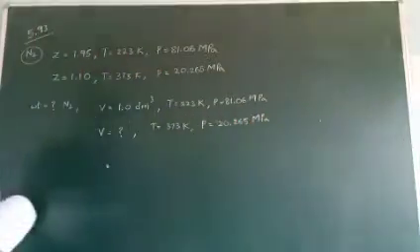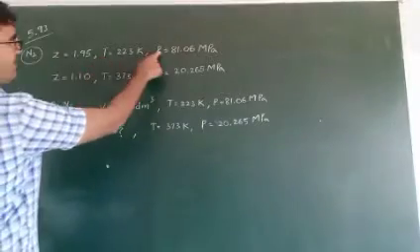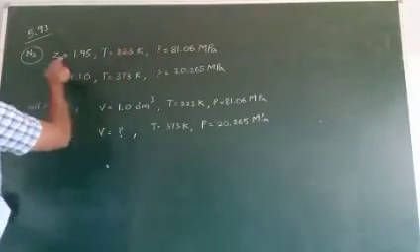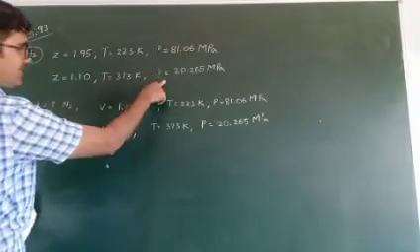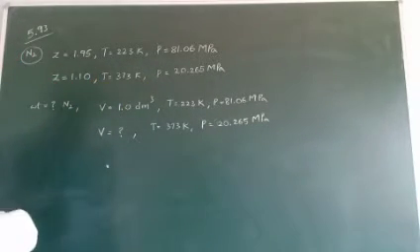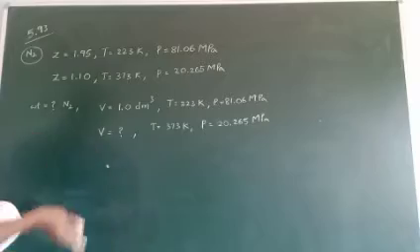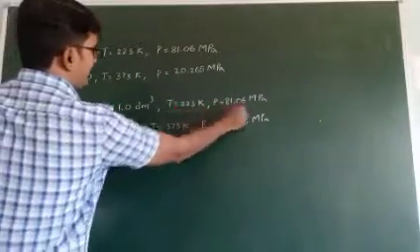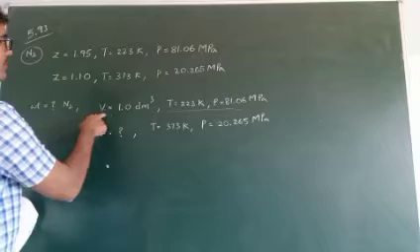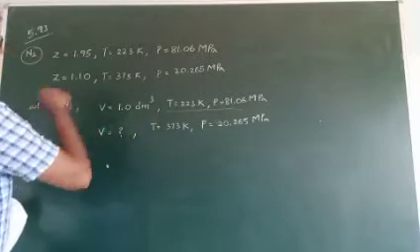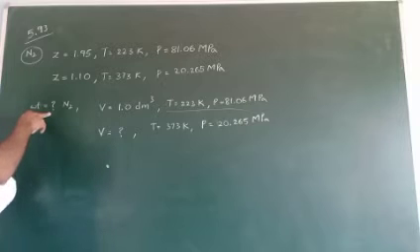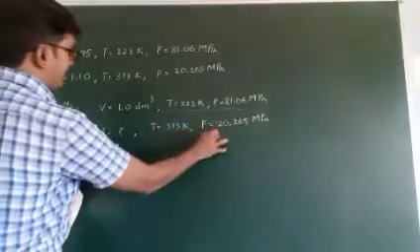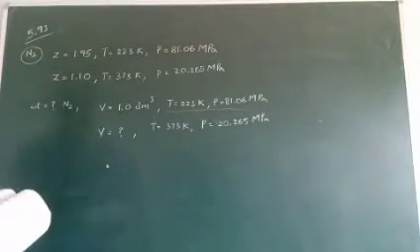This is very interesting. This is the first condition, temperature and pressure, and at this temperature and pressure this is the compressibility factor value. In the second condition, this temperature and pressure, this is the second compressibility factor value. In the first condition, the volume occupied is given. What is the weight? We don't know the weight here. But at these conditions, calculate the volume occupied.